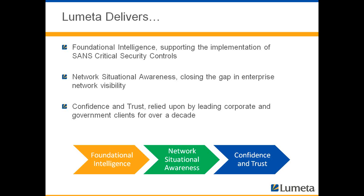Taking that critical control one, the authorized inventory, that which you allow on your network, and manage it in an IT asset management solution. So extending that knowledge to IP address management, IT asset management, SIEM, GRC, network management, that foundational intelligence. The use cases for our clients are very broad, as David has pointed out. It goes beyond just what SANS has defined as the critical controls, and really moves into a world, an ecosystem of foundational intelligence being spun up across the entire enterprise, so that organizations are working with the most clear set